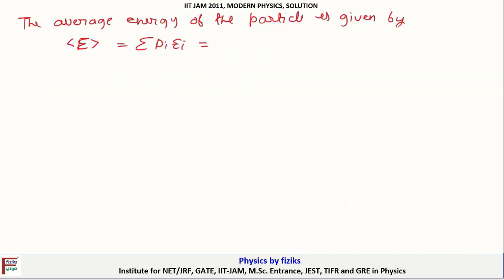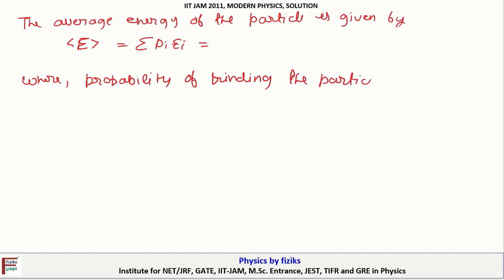We can write it here. The probability of finding the particle in state phi 1,